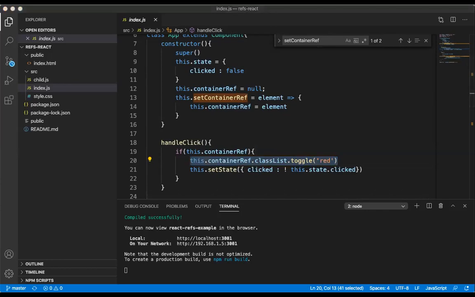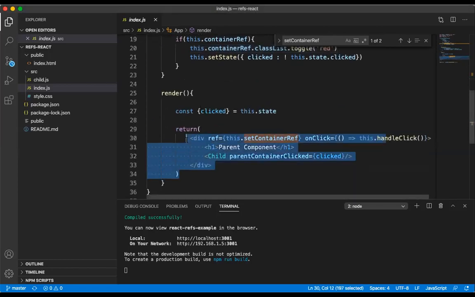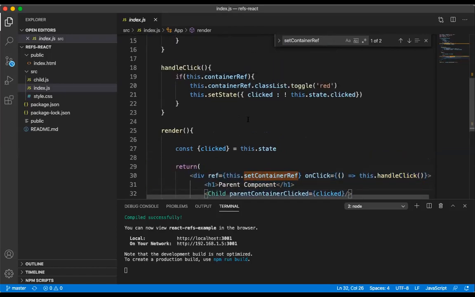This is going to give a toggle color red. If you click on this parent component, on this div element, the background color is going to change to red.